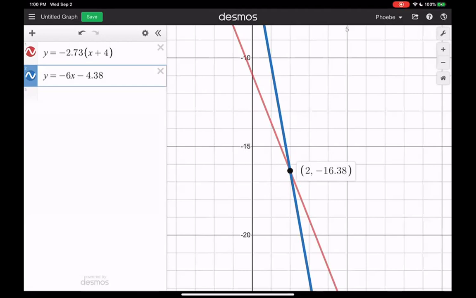Notice that negative 16.38. If you plug in the x equals 2, so pointing right here, the y value you get for each of these equations is going to be that negative 16.38. So if you want to solve an equation graphically, you graph both equations and then you look for the intersection point. And this is something that is super easy to do in Desmos. It's reasonably easy on the TIs, but maybe not quite as simple as it is here. So that's just kind of a nice option, and